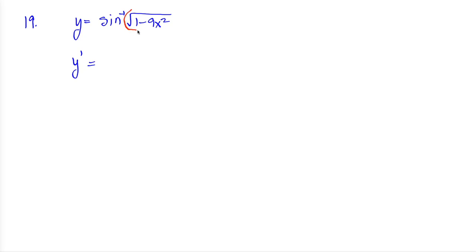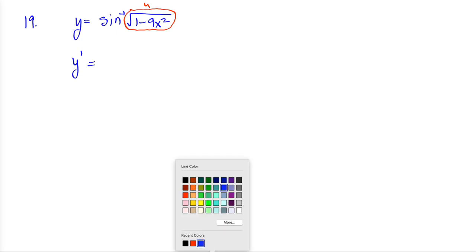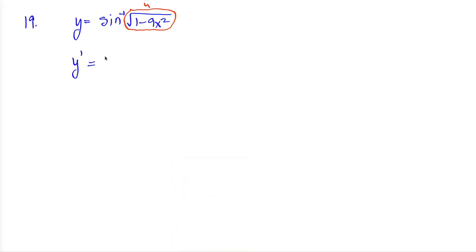If you're having trouble with them, that's one thing that may help, to try to figure out ahead of time what your u substitution would be. So if I'm doing sine inverse of u, it's going to be 1 over the square root of 1 minus u squared, which is kind of goofy,